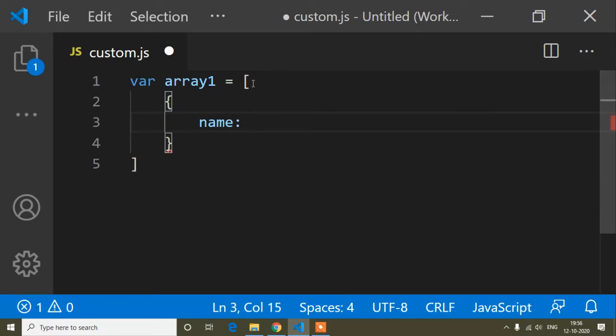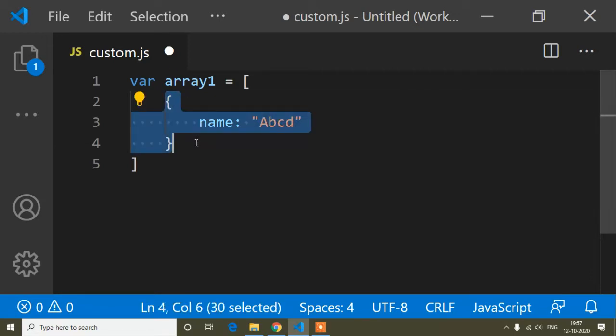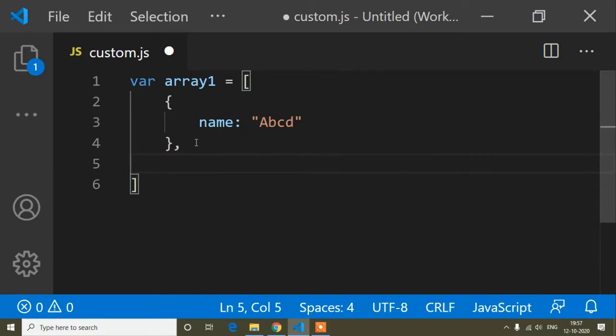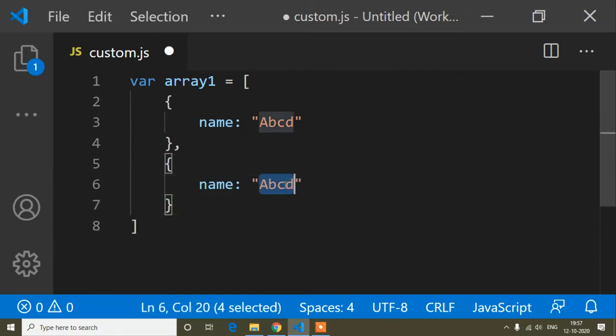You can write any property name and any value. So I will write the property name is name, and here I will put some value like a, b, c, d, and again I will create another object. So I will copy that, and just change the name value to e, f, g, h, and this is the first array.